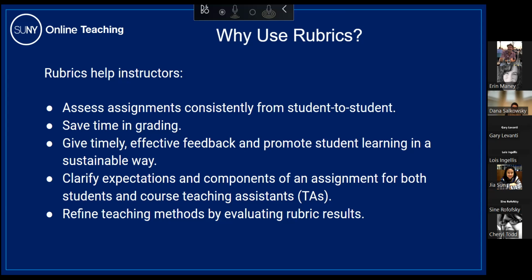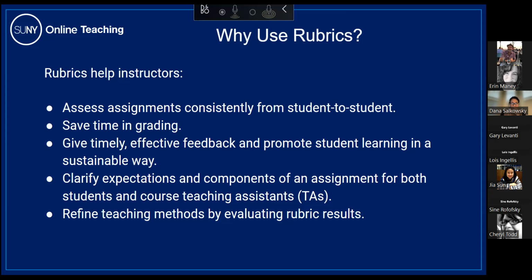And so it really gets to the heart of the teaching process. And when instructors use rubrics, students get very pointed feedback on very specific criteria